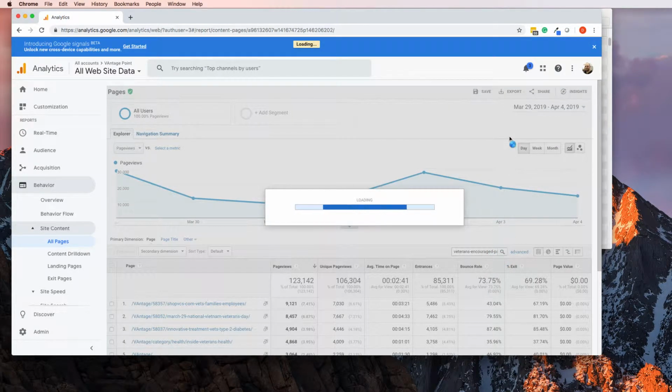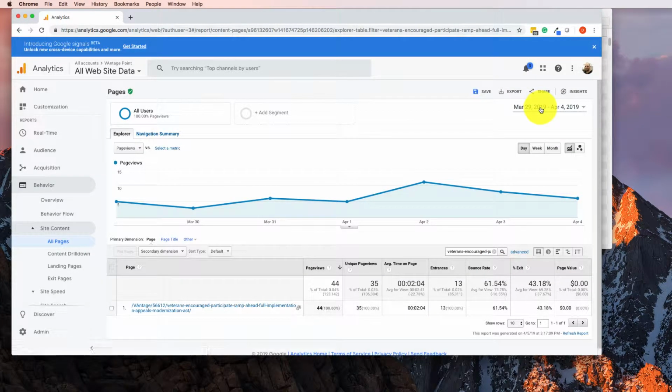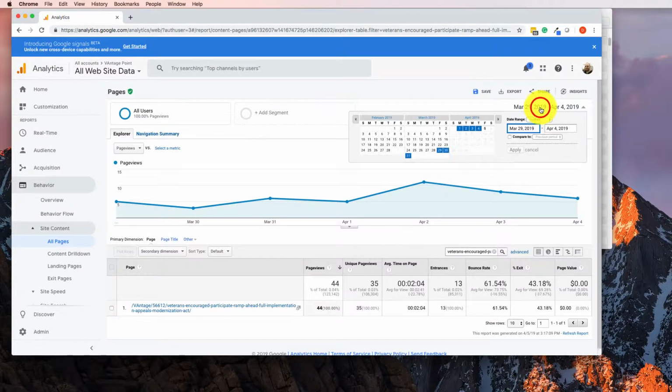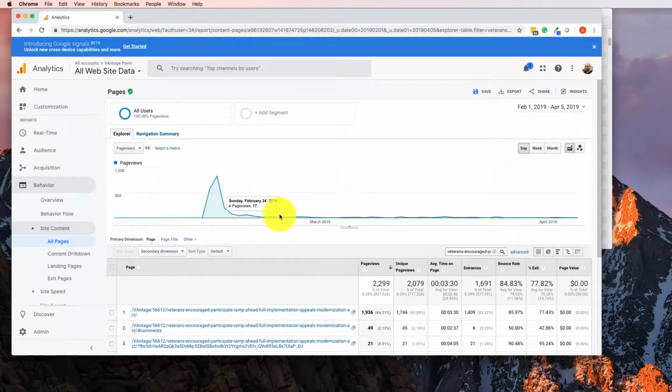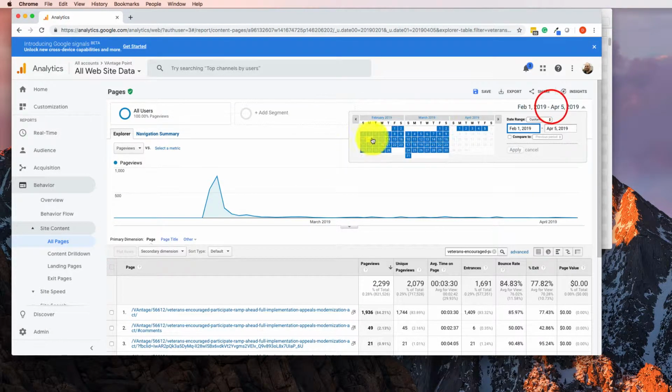Now, it may be that you'll need to adjust the date range. I don't know exactly when this post was published, so I'm going to set the start date way back here in February and put the end date on the 5th, which is today. I click apply, and that'll help me find out when this blog post was published. It looks like I wasn't far off. February 14th is when it was published. So if I drop this back to February 13th,